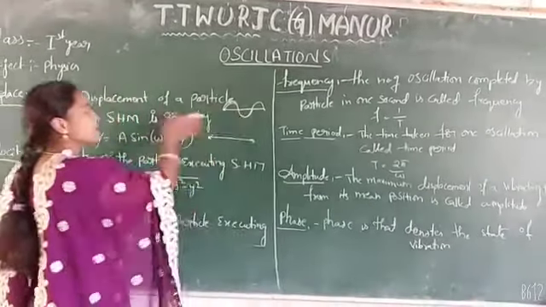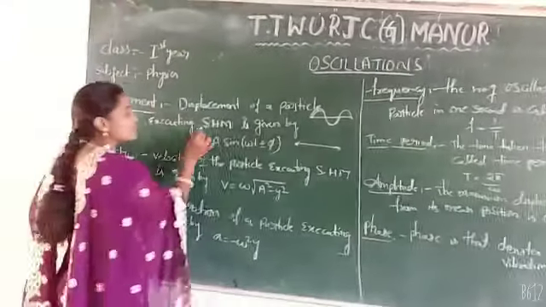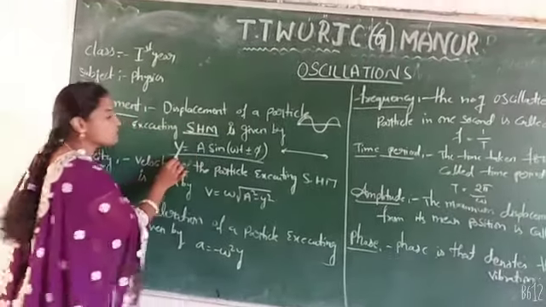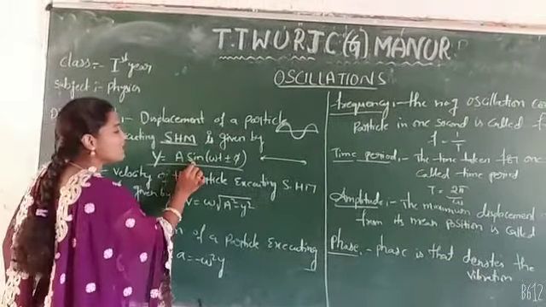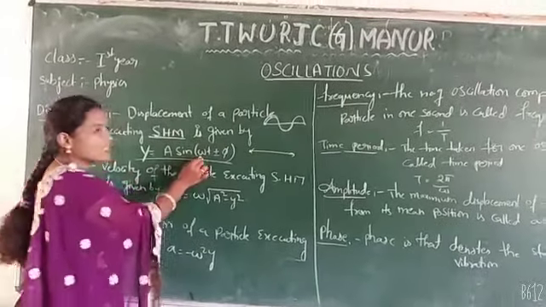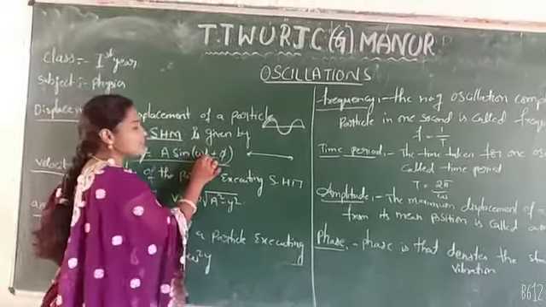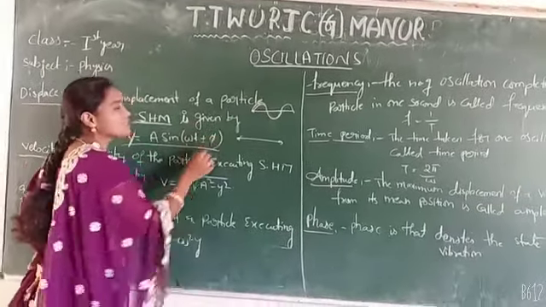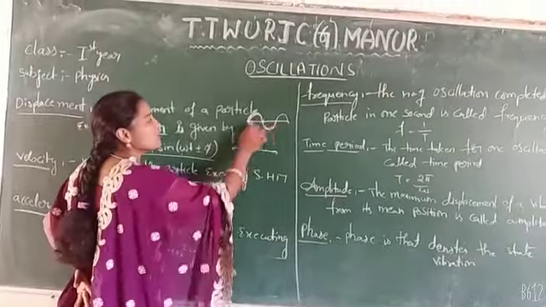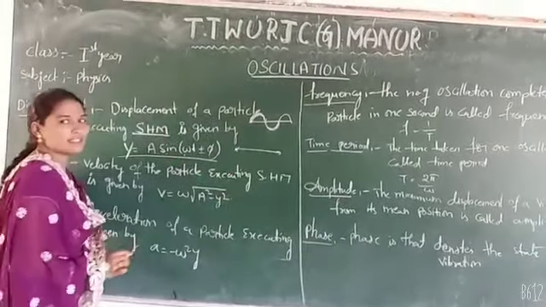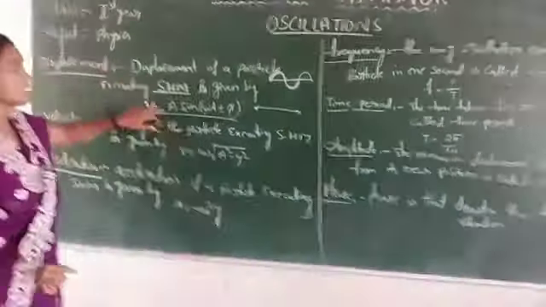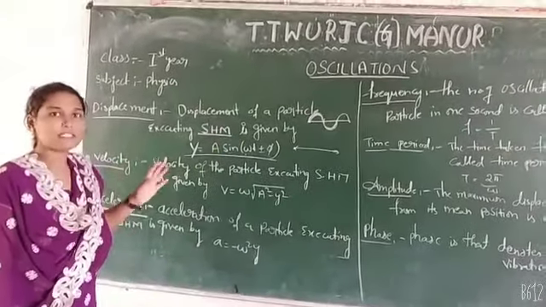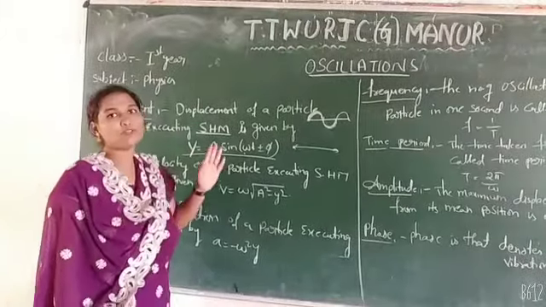To find out the displacement of the particle in the case of simple harmonic motion, the equation is given as y, which represents the displacement. y is equal to a sin(omega t plus phi). Omega here is the angular velocity, t is the time period, how much time it has taken to move from one place to another place, and phi is the phase, on which phase it is moving, either in the positive or in the negative phase. So this is the displacement in the case of simple harmonic motion. The actual definition of the displacement is when the particle is moving its position from one point to another point.